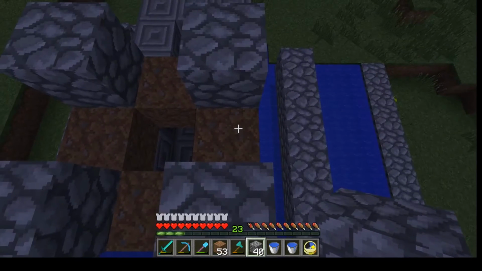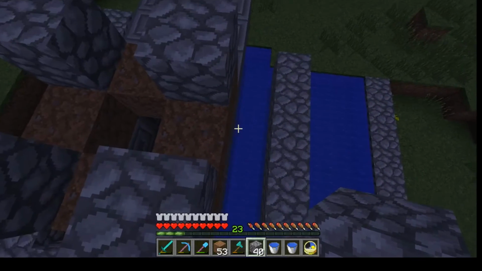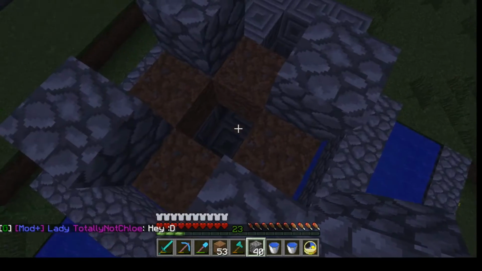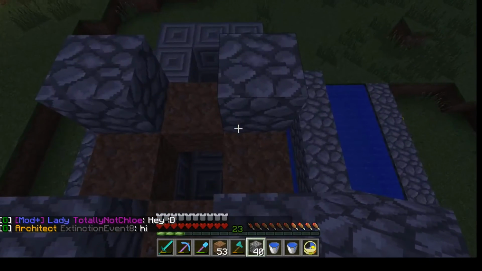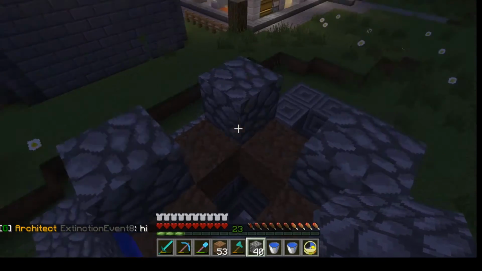But whenever one of those things grow, it will trigger a bud piston, which will be right here, that will launch it into the middle and go down the water stream and make into our chests. So that is the plan, is we will go ahead and set up